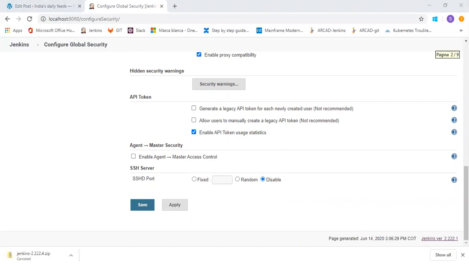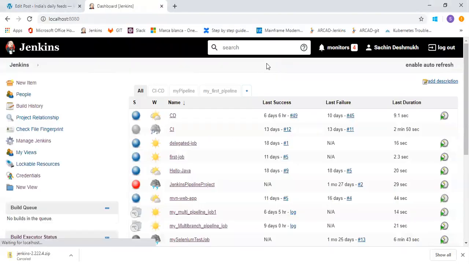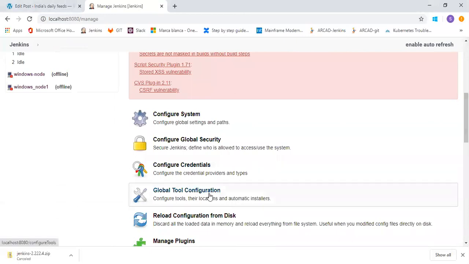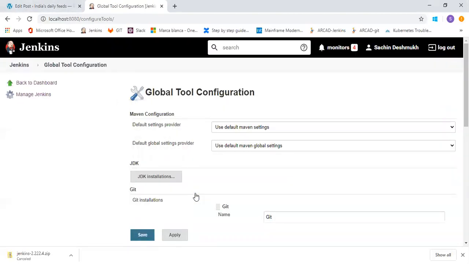The next option is Global Tool Configuration. Manage Jenkins, Global Tool Configuration. Jenkins provides a large number of plugins, and you can use a number of tools inside Jenkins.